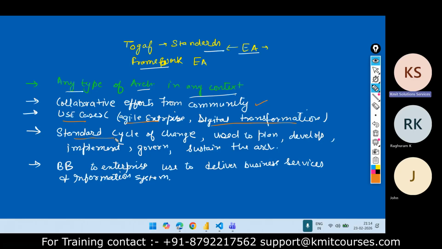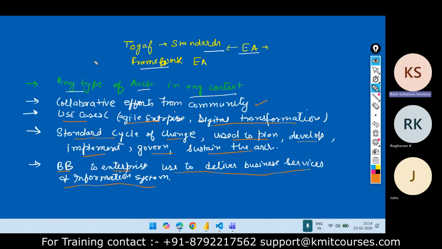It is a standard cycle for change, and it describes how to plan, develop, implement, govern, and sustain the architecture. Building blocks at the enterprise level are also described in this TOGAF framework, and they are used to deliver the business services and the information system.